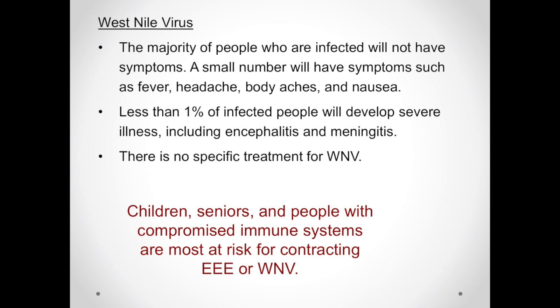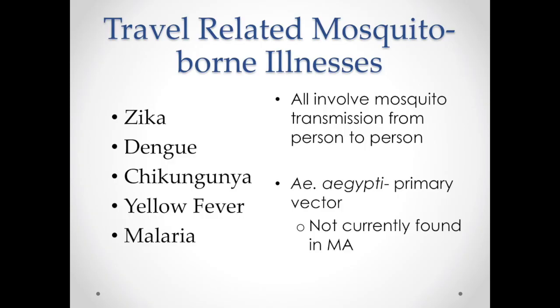And certainly children, seniors, and people with compromised immune systems are the most likely to get the encephalitis or the meningitis stages of West Nile virus. So that's the swelling of the brain or the spinal cord that can cause significant health effects or death. So it is a little bit different than Triple E, which we'll talk about in a minute, where it's much more infectious. We do have some travel-related mosquito-borne illnesses that will come into Massachusetts,